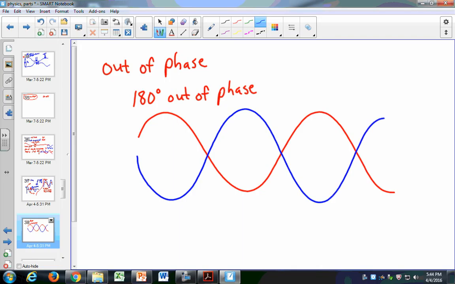These two waves are out of phase because my peaks line up with my troughs. Now, when you add up waves like this, if I combine these two waves, what I get is nothing at all. Because when the peaks, which have a positive value in the amplitude, line up with the troughs, which have a negative value, they work to cancel one another out.